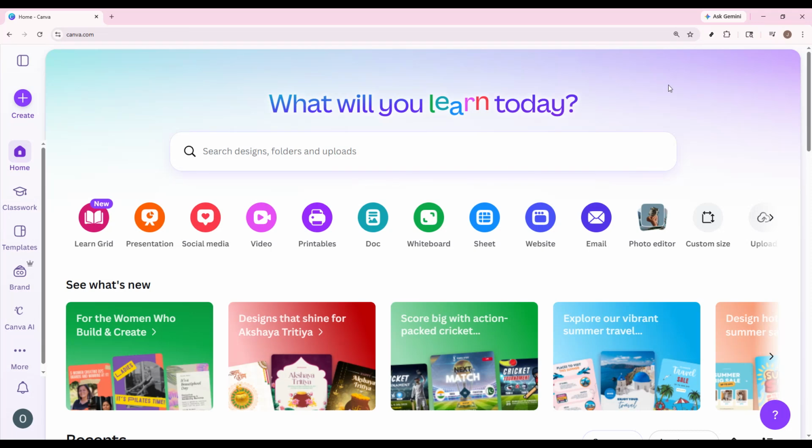If Canva is down for you, don't worry. In this video, I'm going to walk you through a few quick fixes that can often get it working again in just a couple of minutes. Whether Canva is stuck loading, not opening, or showing an error page, these steps are simple, safe, and easy to